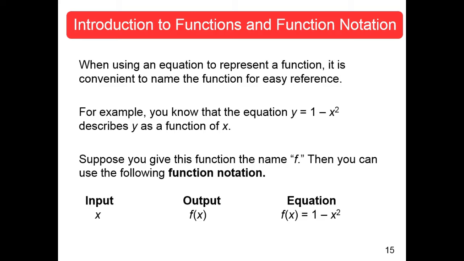If your input value was x, your output, what were we calling it? Y. So here is the most important thing to remember about functions throughout the course. And it's not that hard. Y is equal to f of x. If you remember that, you've got it knocked. Okay? That y is your f of x. What we were calling y, we're now calling f of x. So here, instead of y is equal to 1 minus x squared, this f of x is equal to 1 minus x squared. And you think, why?